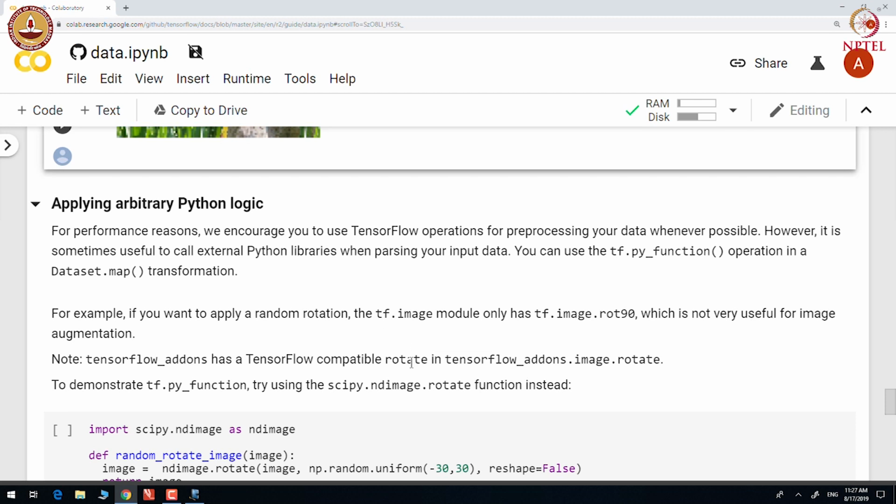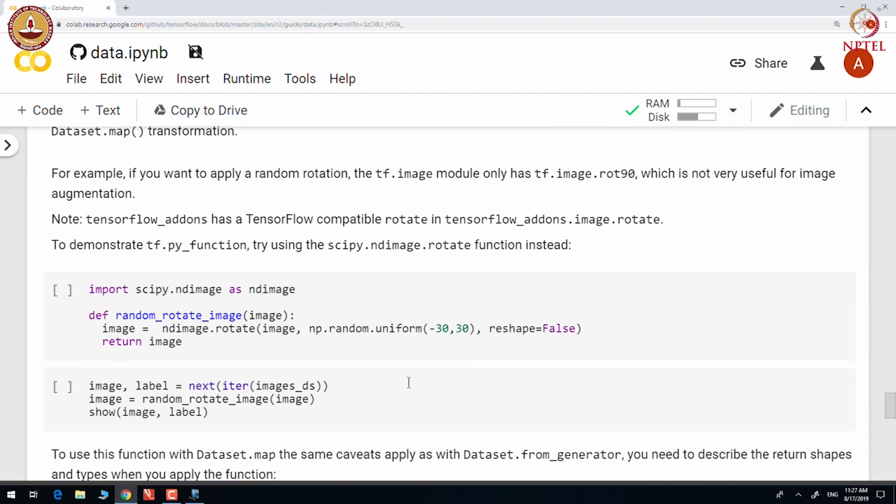So, here we want to use a rotate function from the SciPy library. First we import the scipy.ndimage library, and we will be using the rotate function.